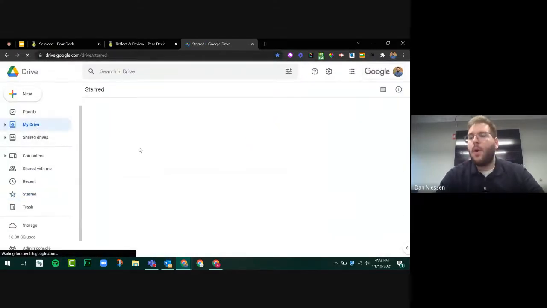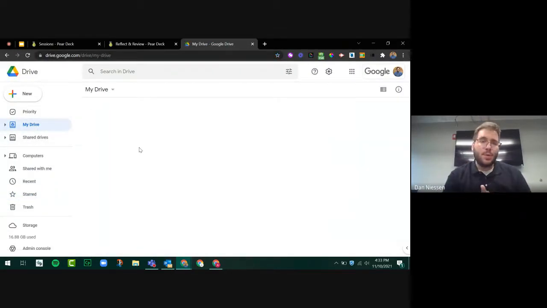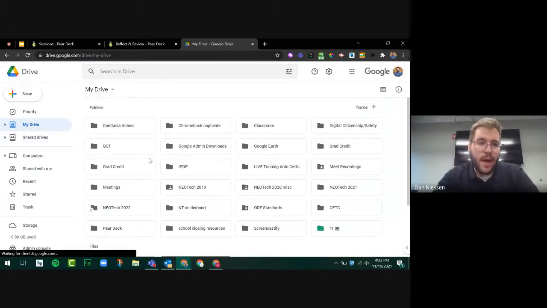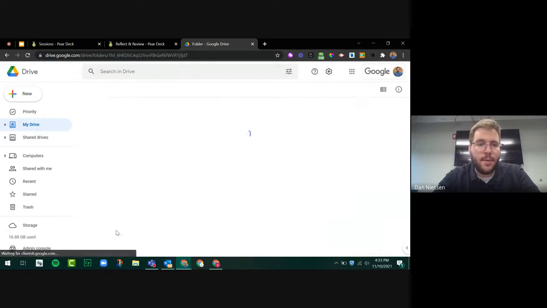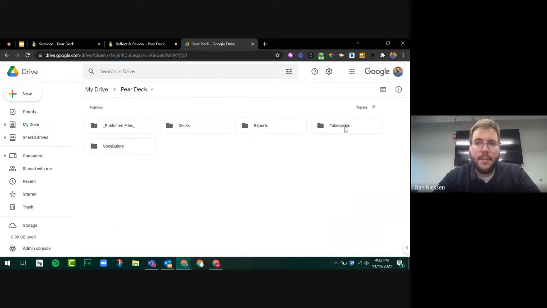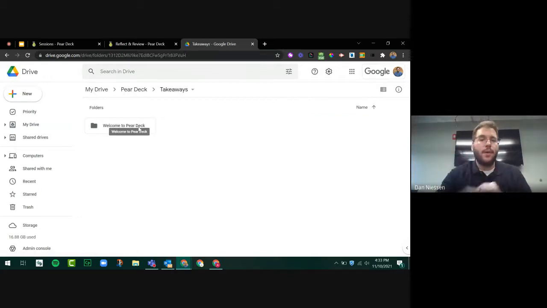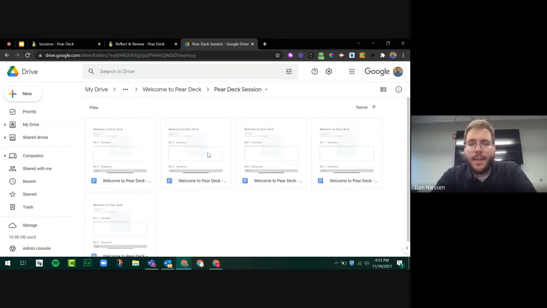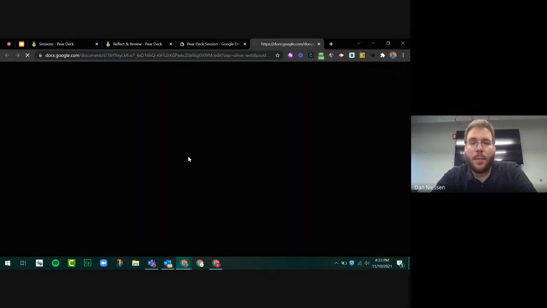It's going to save all these individualized Google Docs into your Drive under the Paradex folder. So it's going to automatically put them in the Paradex folder, and it puts them in a folder inside of it called Takeaways. And then it'll have another folder for whatever session it was. And then inside of this, we'll have all of our different individualized Google Docs. So if I open up one of them here,